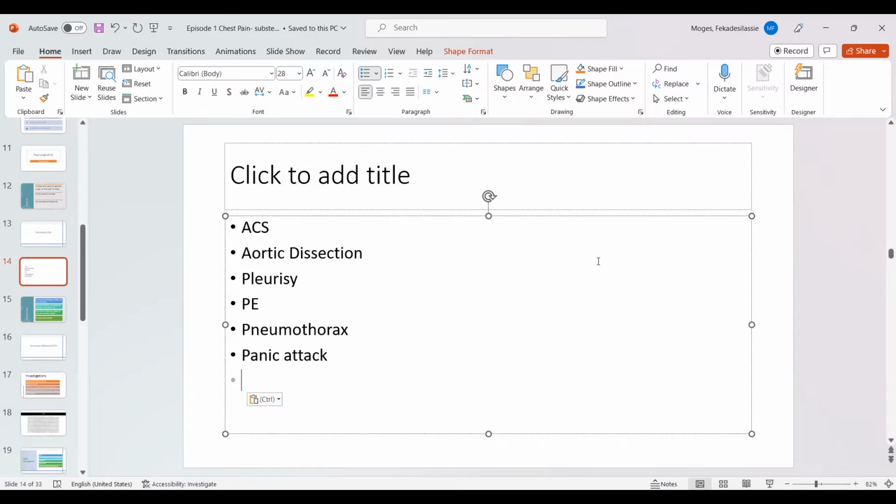So pleurisy, is it? Yes. Why not remove pleurisy pain characters? Yeah, so pleurisy is also less likely. I'm kicking it up. I did it on purpose. I didn't even ask you whether to keep it or remove it, because I want to see your thought process, and I love it. Mary, you came up, so we have to take it out. It's not typical. All right, so we have 1, 2, 3, 4, 5 differential diagnoses.